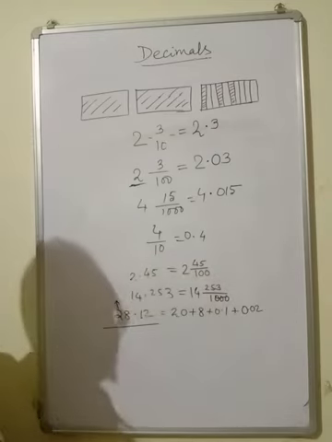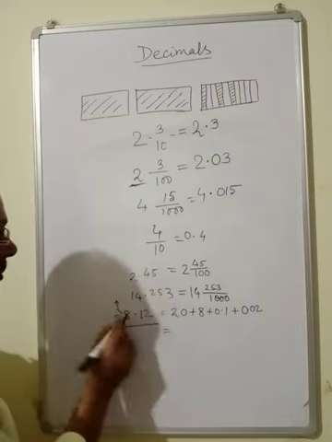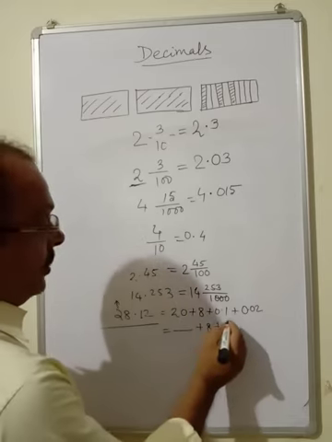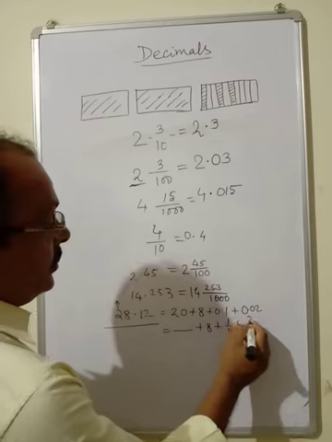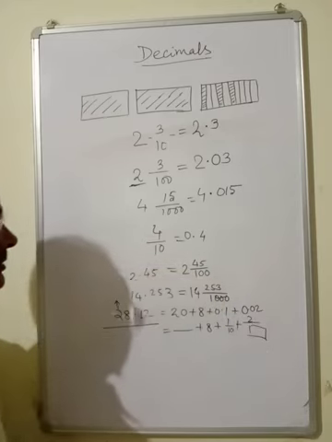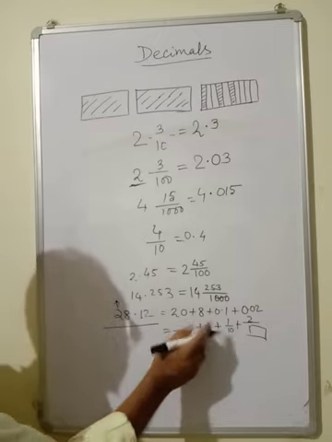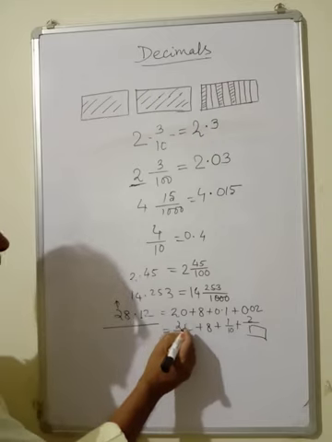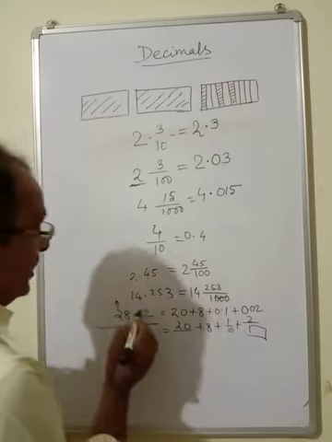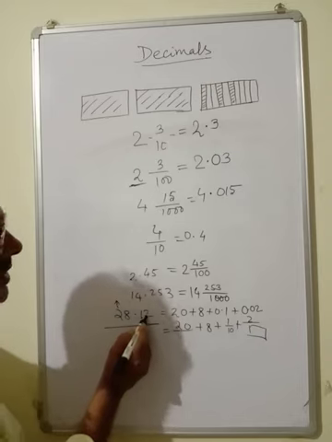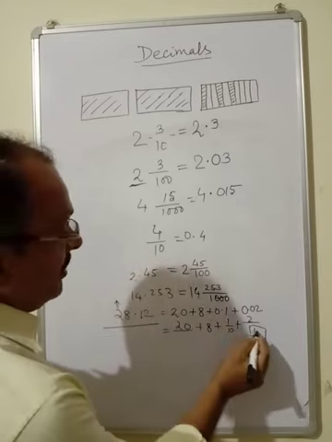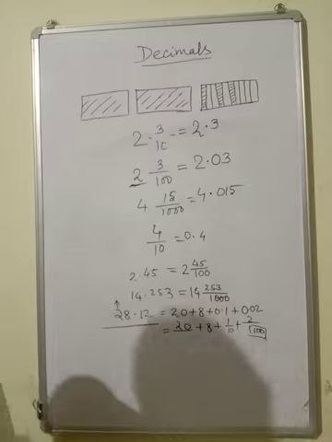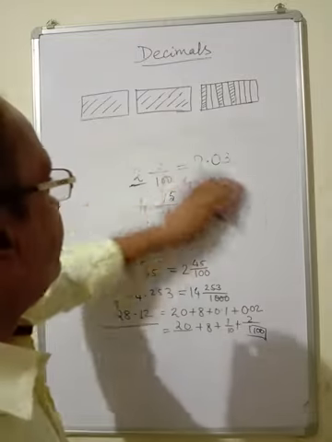Now another type of question. Suppose here is written this plus 8 plus 1 by 10 plus 2 by dash. Now you have to think: 8 is written, 1 by 10 is written, what is left? So this 2 is left. That means the place value of this 2 is 20. Now 1 by 10. This 2 is at the second place, the hundredths place: 1, 2. So here will be 100. Like this you can write all the sums: tenths, hundredths, thousandths. Okay, thank you children.